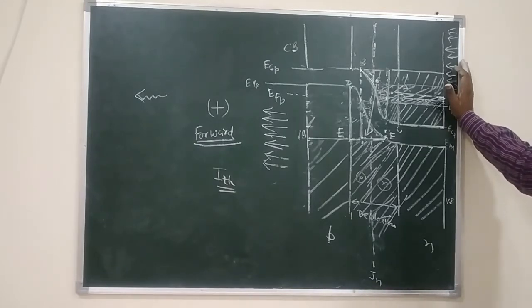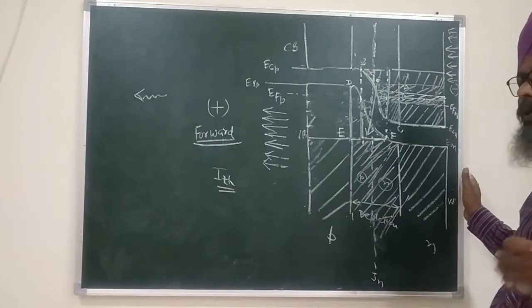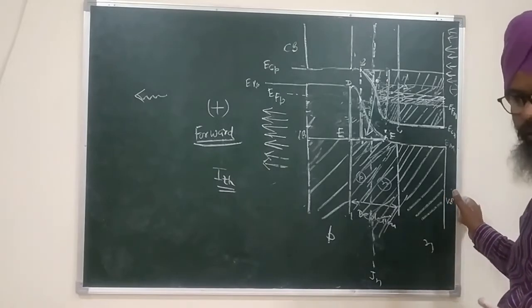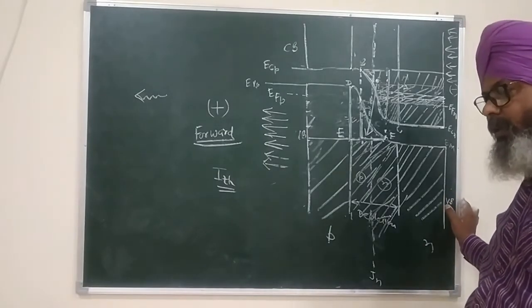In the ruby laser, we gave the energy from the battery to the xenon flash through a capacitor, and that xenon flash gave the energy to the chromium ions. So that was also indirect pumping. In the CO2 laser also, we gave the energy from the battery to the electrons. The electrons collided with nitrogen then collided with the CO2. It was most of the time the CO2 molecules which gave the laser action.